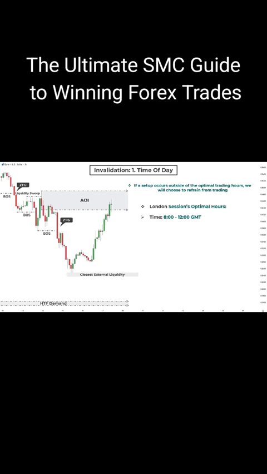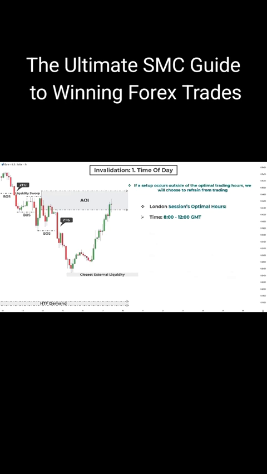This period often sees the highest liquidity and the most significant price movements. Many traders prefer to start trading when the London session opens at 8 a.m. GMT, because this is when markets tend to set the initial direction for the day. Major economic data releases related to the European economy are often scheduled during this session, which can lead to increased